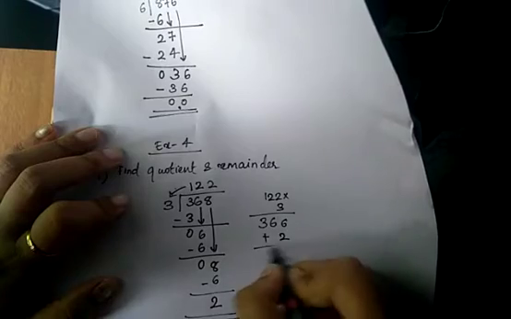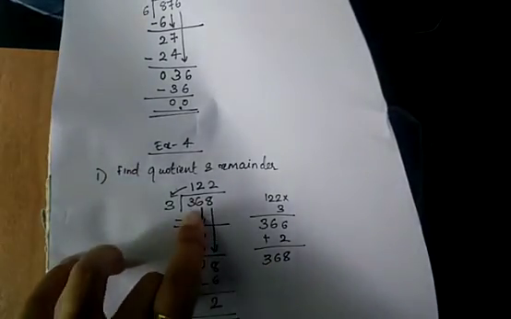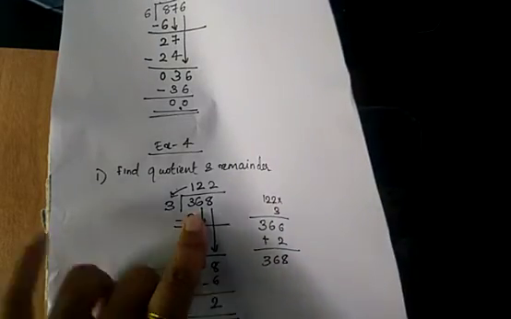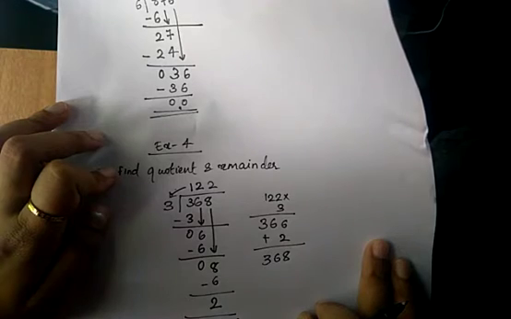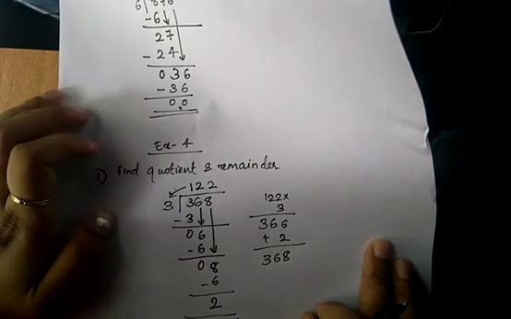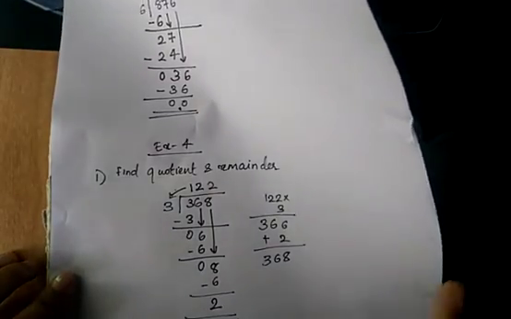You have a remainder 3. So you will get it as 368. ഇങ്ങനെ ചെയ്ത് നോക്കിയാൽ നമുക്ക് നമ്മുടെ ഡിവിഡൻഡ് ഡിവൈസർ തന്നെ കിട്ടുന്നു, ഡിവിഡൻഡ് തന്നെ കിട്ടുന്നുണ്ടെങ്കിൽ your answer is correct, right? So this is how you will check if the answer is correct. So you can do the rest of the problems in the first question as homework.